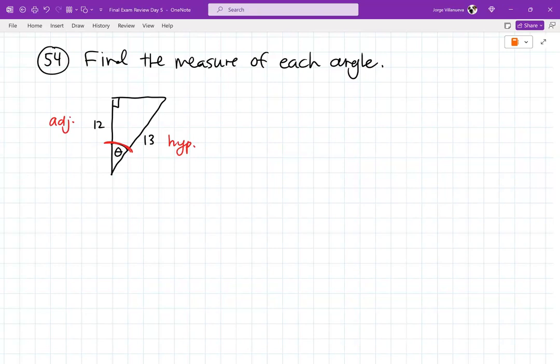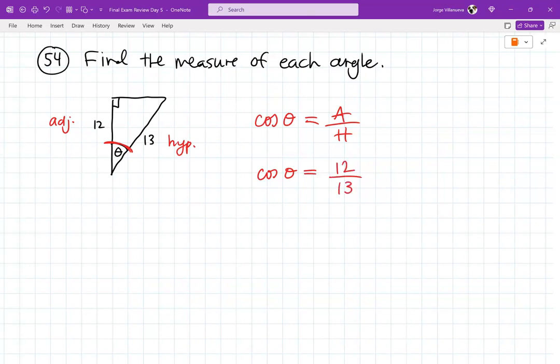Remember, the opposite side is the side that does not touch that little red arc that I drew. Notice the side way up the top is not touching the red arc. There's only 2 lines that touch it. The one that's not touching it is your opposite. I'm not going to label it because then it just confuses me. I see adjacent and hypotenuse. Which trig function do I use? Cosine. So cosine theta is A over H. I don't know what theta is yet, but I know that adjacent is 12 and hypotenuse is